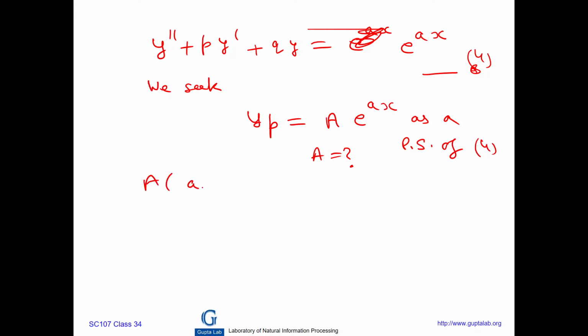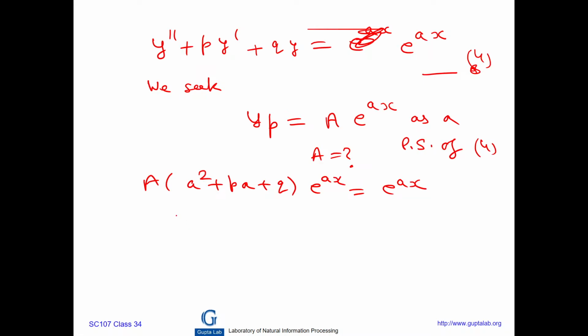A times a square plus pa plus q times e raised power ax is equal to e raised power ax. e raised power ax को दोनों तरफ से काट सकते हैं because it is non-zero, ये बहुत ध्यान रखने वाली बात है, right? So that means this implies that A is equal to 1 over a square plus pa plus q. Done? तो A की वैल्यू आ गई।